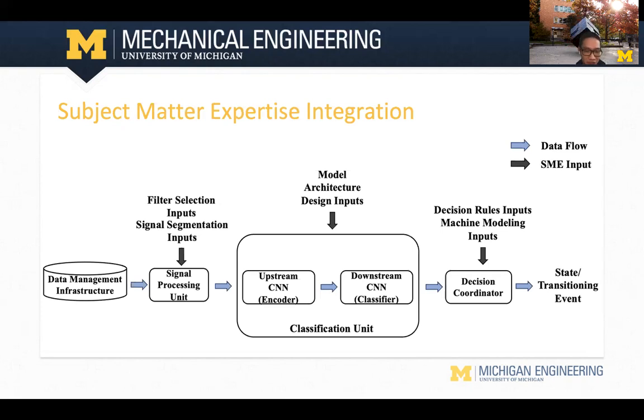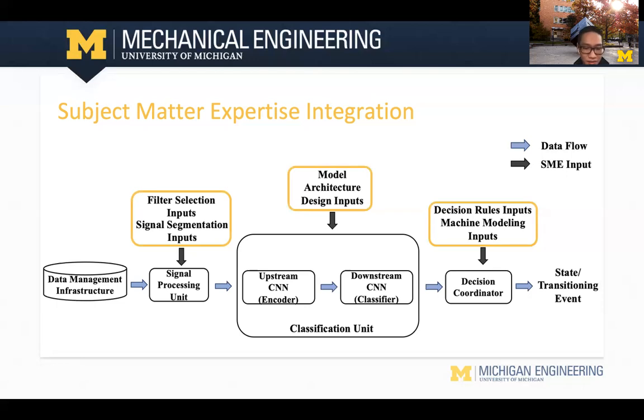As the title of this project suggests, we're merging subject matter expertise into our framework. Now let's talk about why we do that and how we do that. Subject matter experts provide inputs in 3 different aspects into our framework, for each individual component. The first one is they decide which signal to use and what parameters of the window length and overlap. In the age of deep learning, feature engineering seems to be less relevant, and people tend to think that we don't need subject matter experts anymore. But we think subject matter experts are still very much relevant.